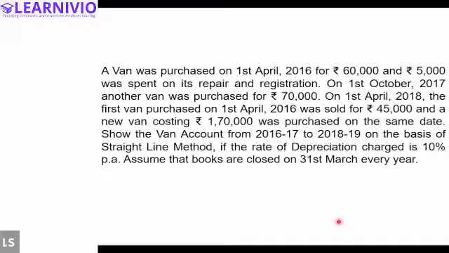So tell me the closing balance of both the vans. Sir, in the first one, I got 58,500. That is incorrect. Sir, I had a doubt. In the first year, we buy only one machine, right? Because the second machine we buy after the books are closed, we are buying that in the next year. So only one machine will be recorded in the first year, right?